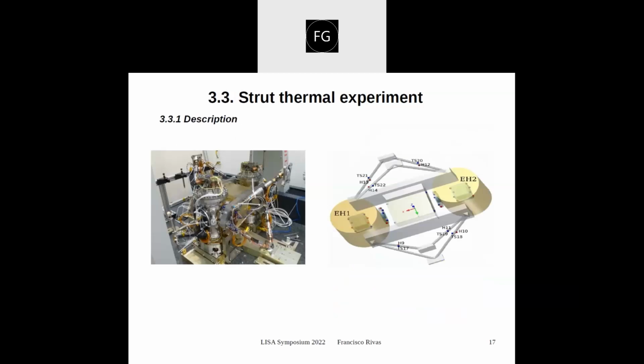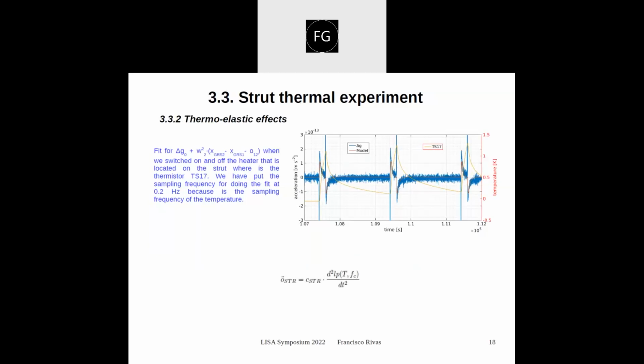Similarly, we induce thermal signals with heaters on the strut. You can see here the red dot on the heaters. And these thermal signals produce a change in the optical path, which in turn produces a change in the acceleration between the masses. We can observe in this slide the acceleration given by the blue signal, this one. And the fit produced using the model that we have at the bottom of this slide, this one,